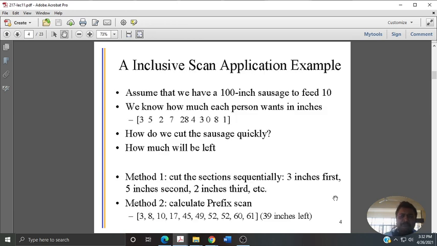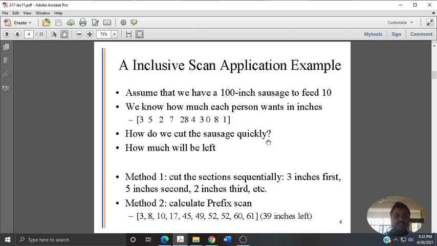Why do you require that? I don't want to go sequentially and see where I have to cut. Take sausages which have to be cut, 100 sausages, and everyone puts their demands. Most often resource sharing or resource allocation kinds of algorithms have such a requirement. If I have that scan number, these are the marks on which you can cut, and how much is remaining is well known whenever you have this prefix scan or scan kind of approaches.